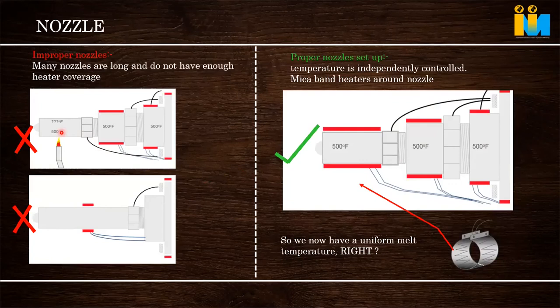Either your heater is not proper, or your thermocouple is not proper. Either it can overheat or it is not proper. Or some people may have coupled all the thermocouples together, so it is not at the proper temperature. I told you, the melt temperature in a machine nozzle, after the metering zone, has to be kept in ideal condition.